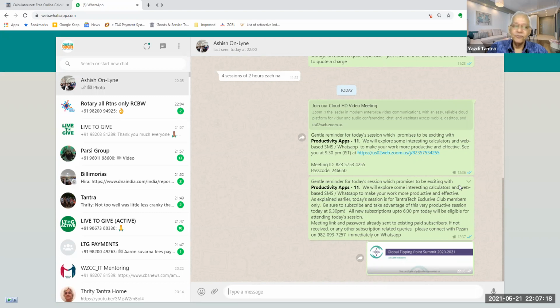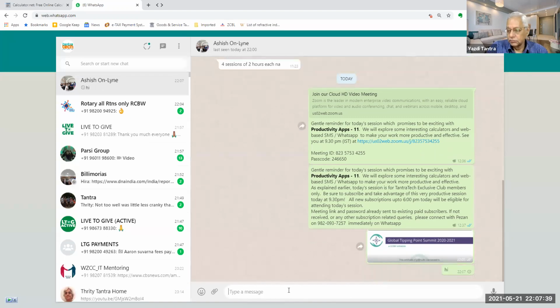If I disconnect my phone, if I turn off the Wi-Fi and turn off my mobile data connection, and then I try to send something, it will not go. Here you'll see it is still pending, it's not gone. Slowly you will get a message saying that your phone is not connected. The minute I connect my phone, just enabling my Wi-Fi, the message is gone. You'll see the double tick has come.